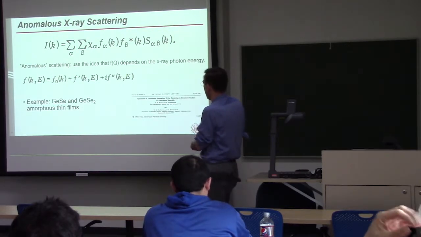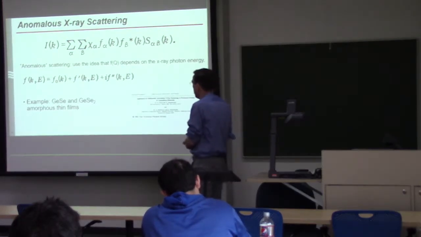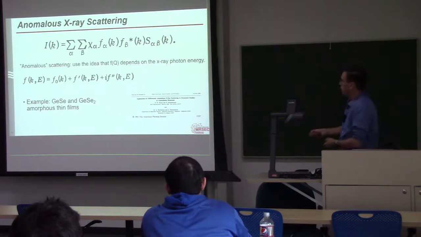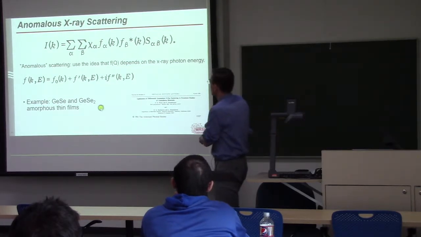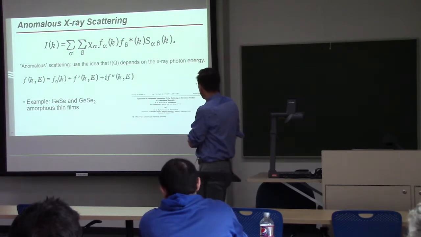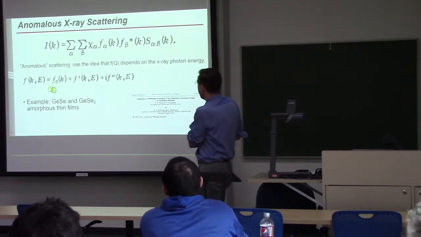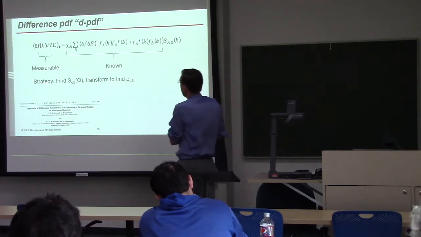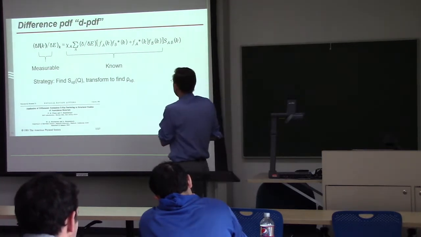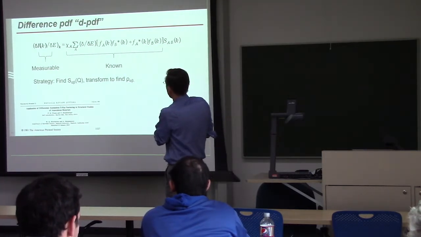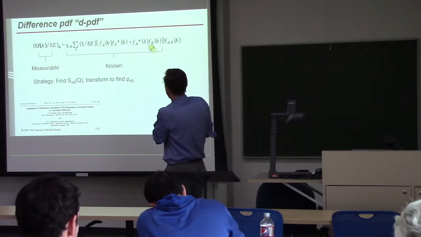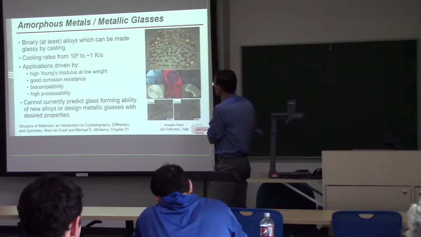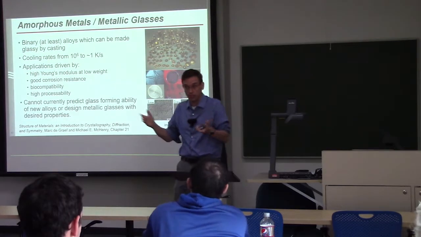The earliest examples are with simple amorphous semiconductors, the germanium selenide and germanium selenide 2. Those were first studied in the 80s, and it works in a wide variety of materials. So finally, you can go back and you can extract these S alpha betas directly from your measurements of the intensities if you can figure out how to use the Fs correctly. And that really works. So I'll show you some examples of that later on. I think Paul will as well. So that brings us to the end of this introduction.